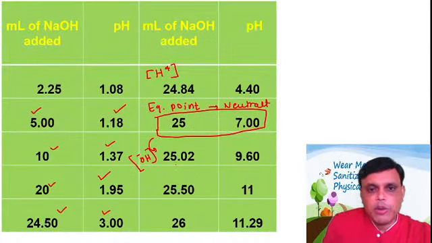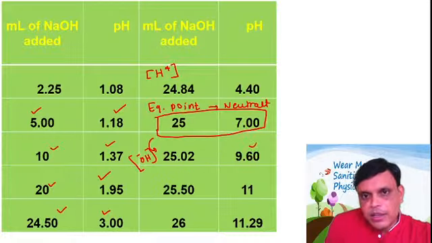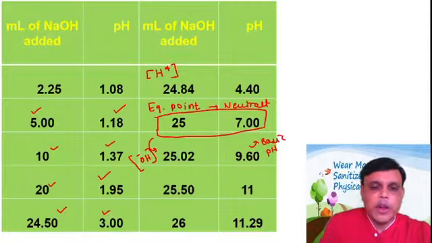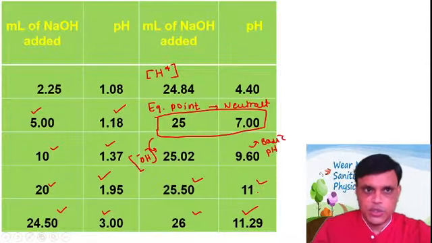So 25.02 के लिए कितना आ जाएगा? See, basic pH is there. 9.60 means it is basic pH. 25.50 के लिए कितना आ जाएगा? 11 आ जाएगा. And 26 के लिए आ जाएगा 11.29. So we have summarized the